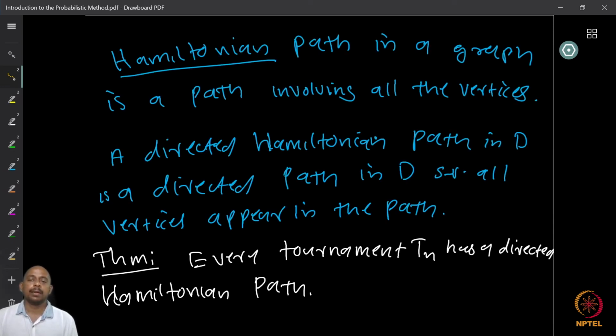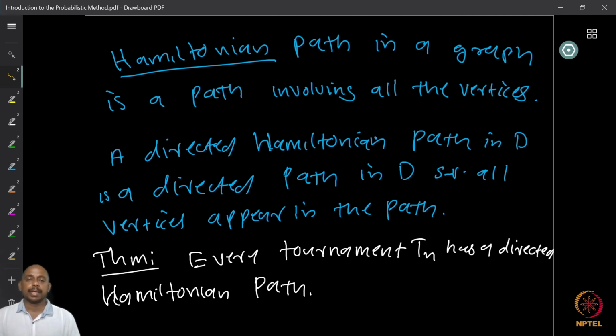Now, if you recall graph theory, a path in the graph is basically a sequence of vertices and edges where the consecutive vertices are connected by the edge that comes in between. A Hamiltonian path is a path where all the vertices appear in the path. If that is possible, then it's a Hamiltonian path, and the graph is Hamiltonian if I can find a cycle which is also including all the